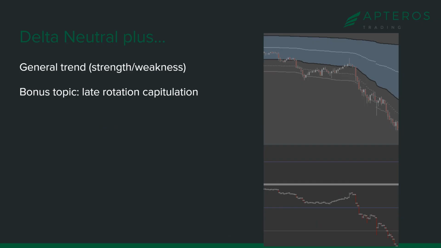I have no idea what this slide is. General trend, strength or weakness. Bonus topic, late rotation capitulation. Okay, I can see it. All right, so